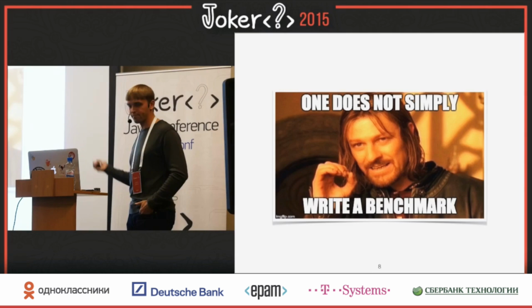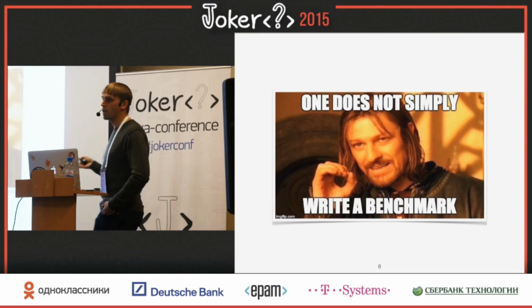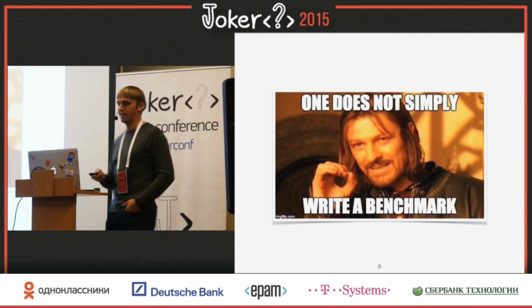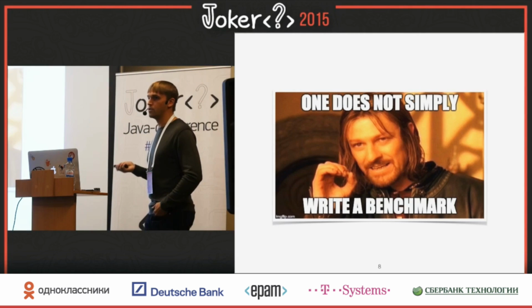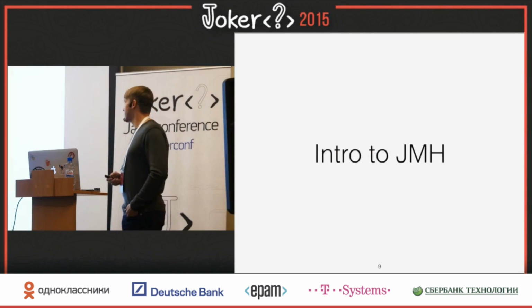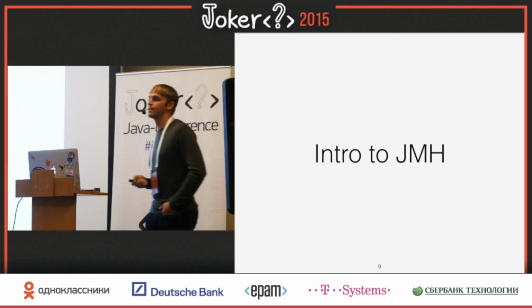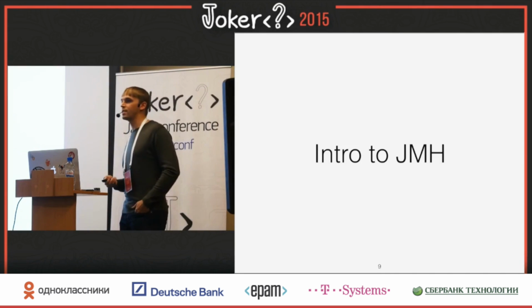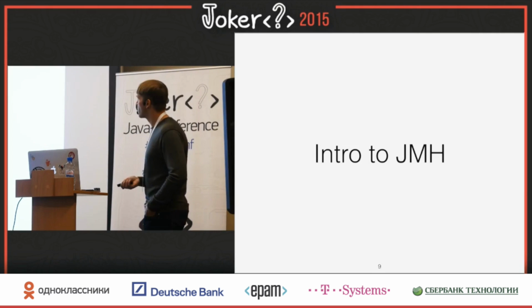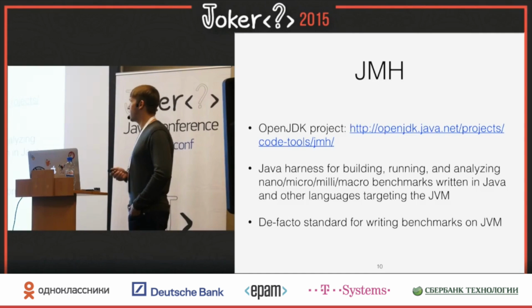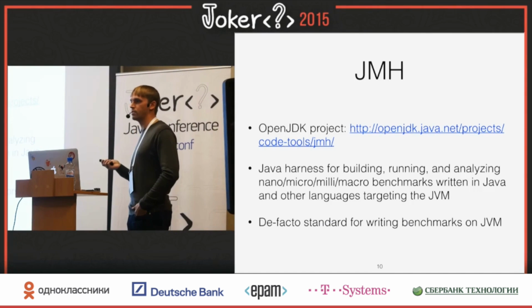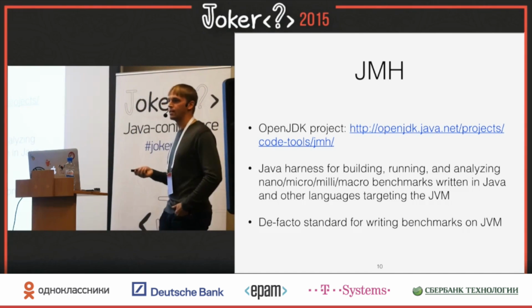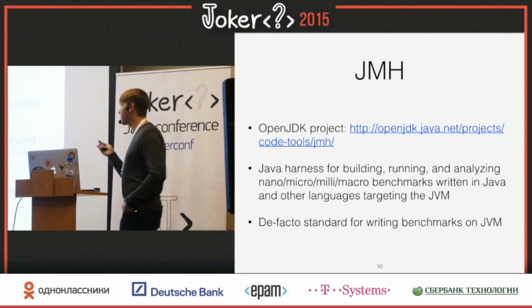So, okay, lesson learned. You cannot write benchmarks, especially in Java. Let's go home. Well, you cannot write them, or you shouldn't write them bare hands. You shouldn't try to do that. Luckily, good guys at Oracle, in particular the performance team, Sergey and Alexei, pointing fingers at each other, have invented JMH. If I'm not mistaken, this is the third or fourth rewrite of the benchmarking harness inside Oracle. Yeah, fourth. So it's a fourth rewrite.